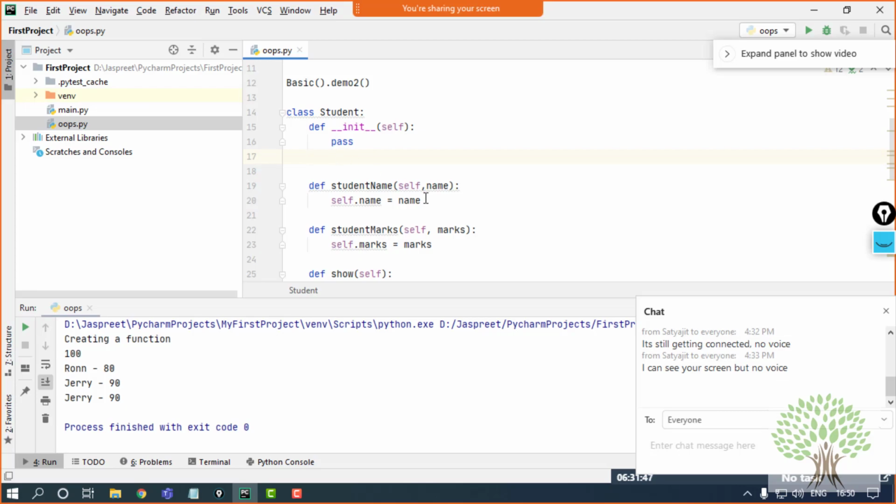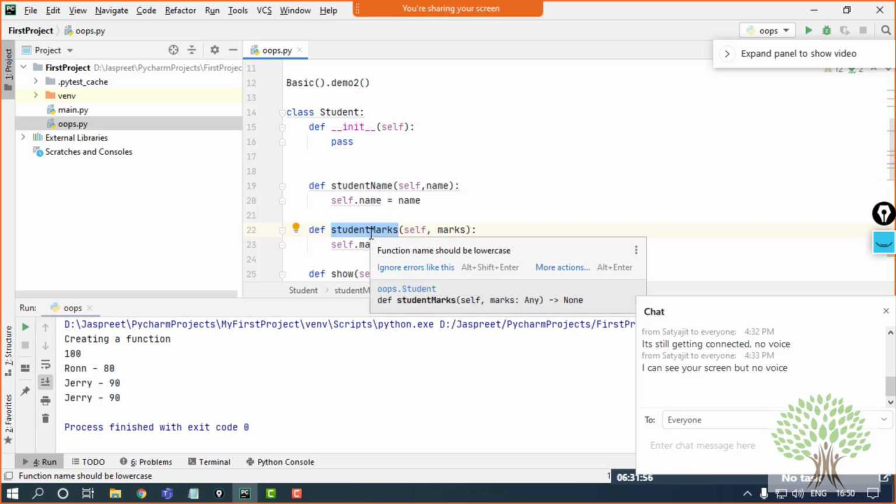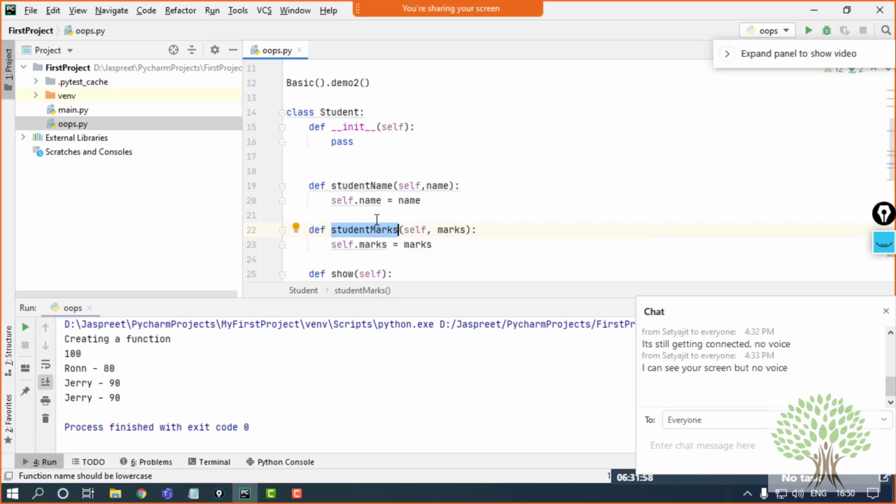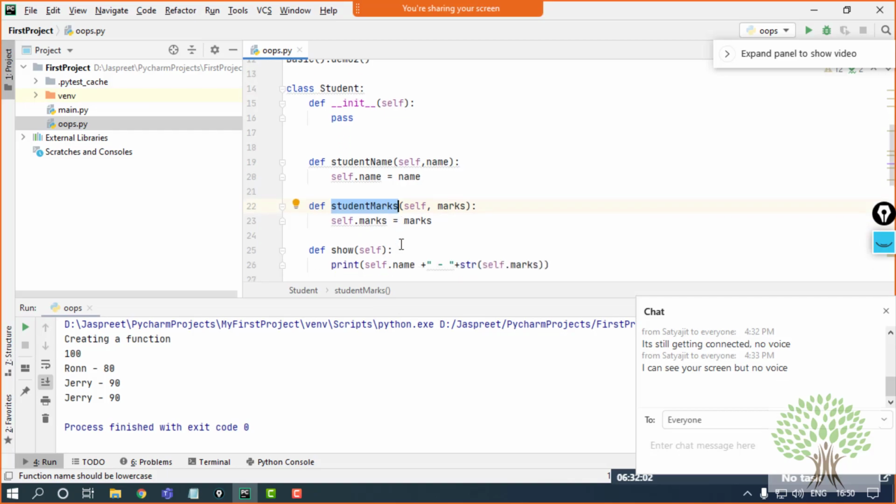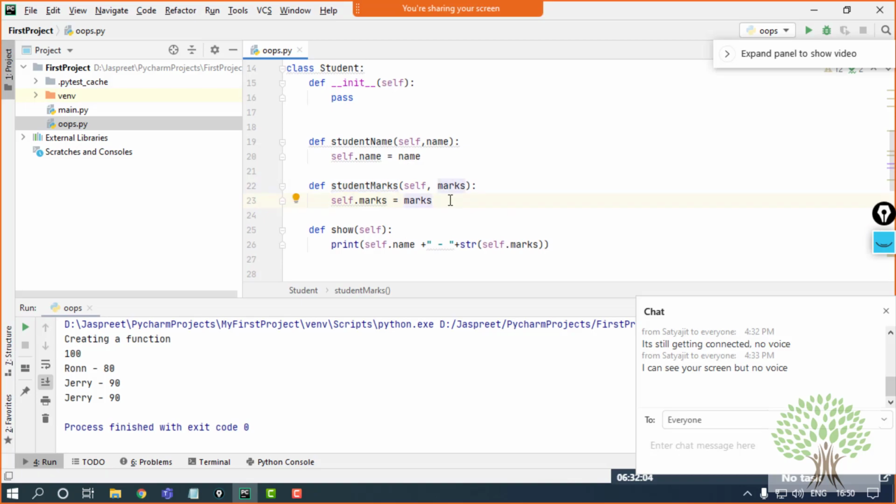The same way, for the student characteristics, there is student name, student marks, likewise student roll number, the student's class in charge, subject in charge, and there are more characteristics. And suppose I have to have all of them in my class. I have to make the full data of a student. So I have to make this kind of structure again and again.